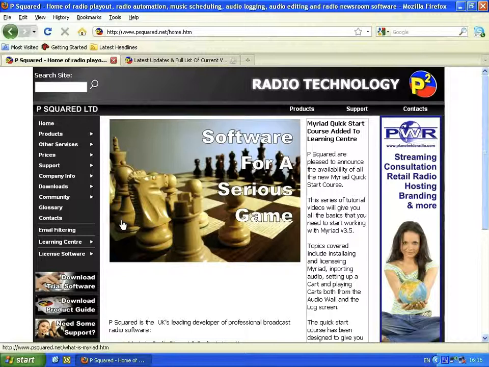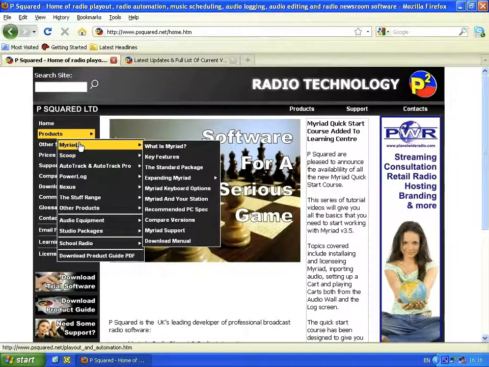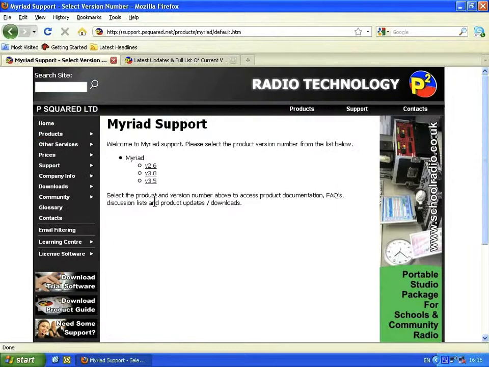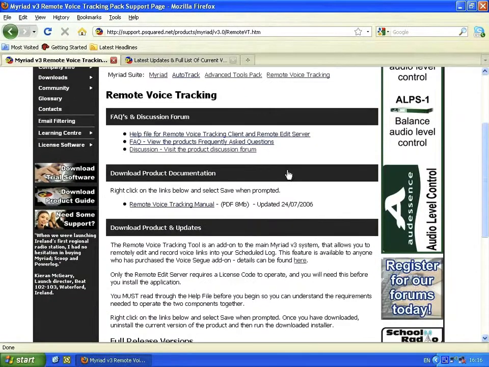So we go to the P Squared website at www.psquared.net, and we go to products here, and we're going to go to Myriad, and we're going to go down to Myriad support. We're going to select version 3.0. At the moment, we are going to go to the remote voice tracking, and then we've got the manual here,